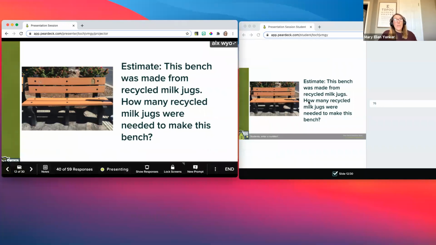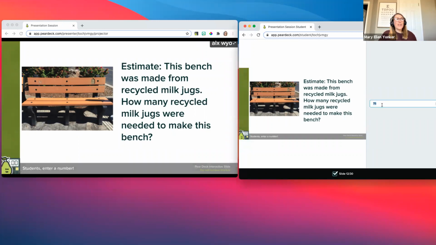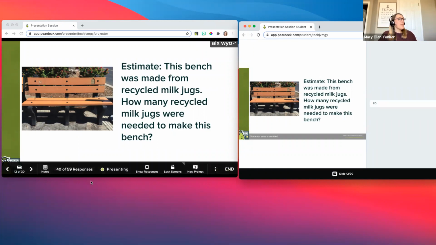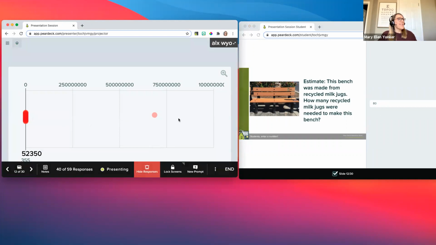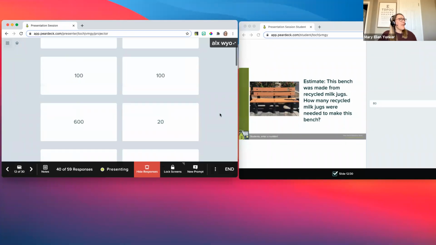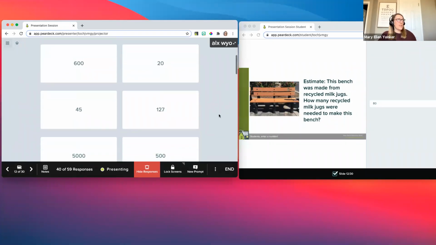This is the number type question. So on the number question, the students have no choice but to respond with a number. When we look at the responses, we can see that we have one outlier here that has a pretty big estimate, and the rest of our numbers fall on the lower side. If I want to look at them individually, I can see all of my students' estimations.